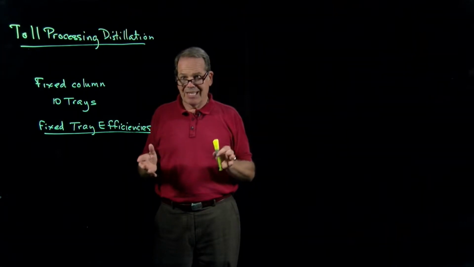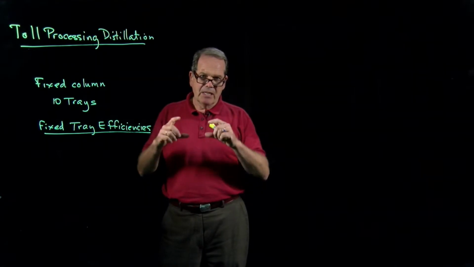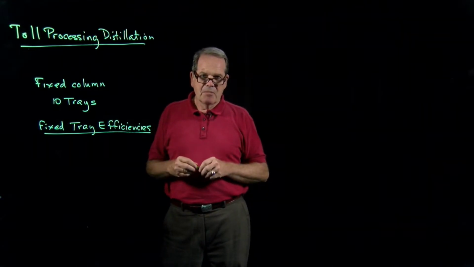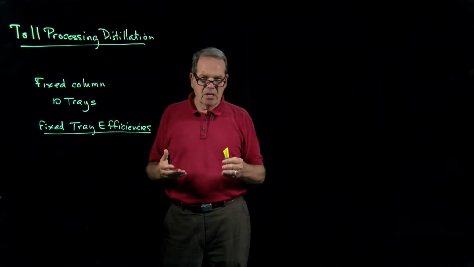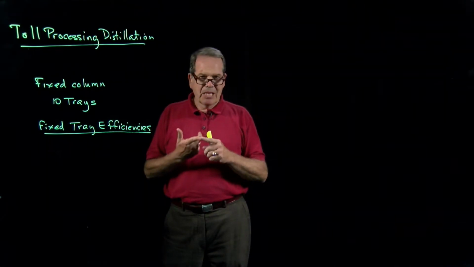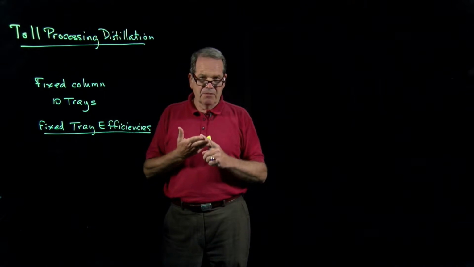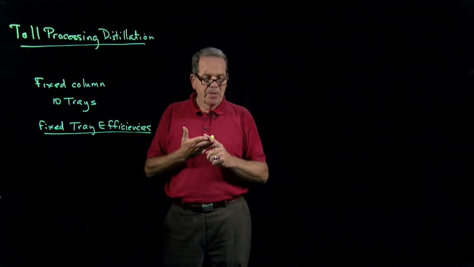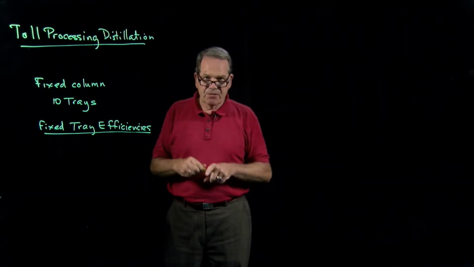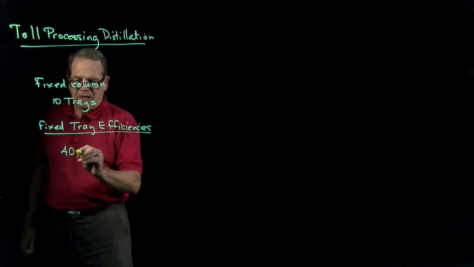The tray efficiencies are not necessarily set by how the manufacturer does the equipment, but rather they're more set by the actual materials that you have in the column. So if you look up that material for something like an alcohol, in this case we have methanol, we've got isopropanol, and we have a little bit of N-butanol. If you look at the stage efficiencies for alcohol separations, they're actually fairly low, and they're probably between 40 to